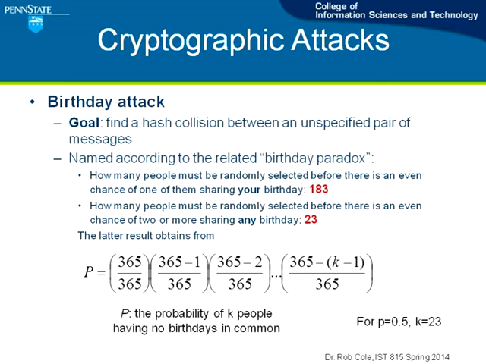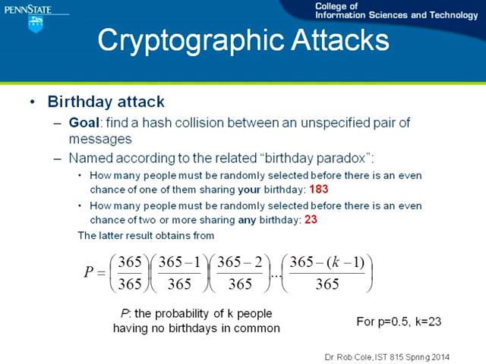that makes intuitive sense. However, when we ask how many people must be randomly selected before there's an even chance of two or more sharing the same unspecified birthday, the answer drops to only 23, a number that seems unintuitively small. This result can be obtained from the following expression, which gives the probability of k people having no birthdays in common. To obtain the number of people required for a probability of 0.5, we simply keep adding terms. By the time we get to the 23rd term, we arrive at a probability of about 0.5, the solution to